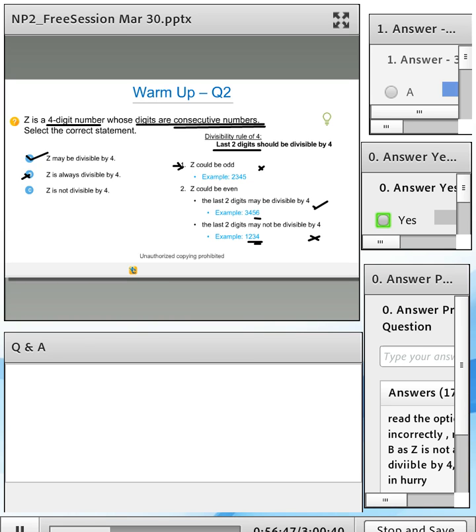But now when you take a look at even numbers and you know that not all even numbers are divisible by 4, that's when you have to expand the cases and consider when the last two digits are divisible by 4 and when the last two digits are not divisible by 4. So again, your approach to a question is going to depend on your understanding of the concept and on your understanding of the question. So that's how you determine whether you take up variables or whether you take up certain cases.